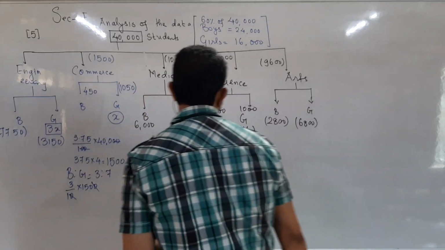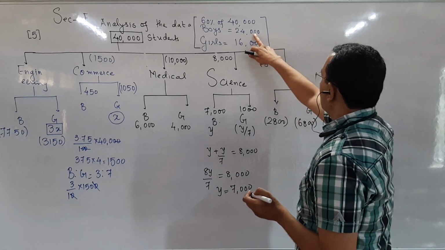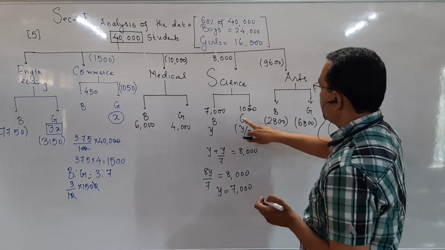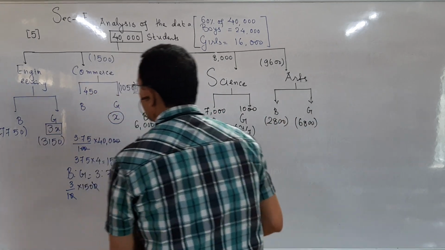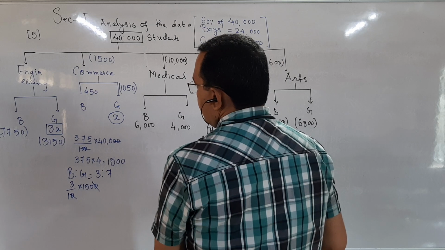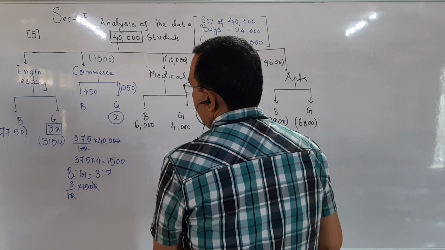How have I obtained this, students? It is like this. From 24,000, subtract 2,800, 7,000, 6,000 and 450. You get boys. So if I add, it will be